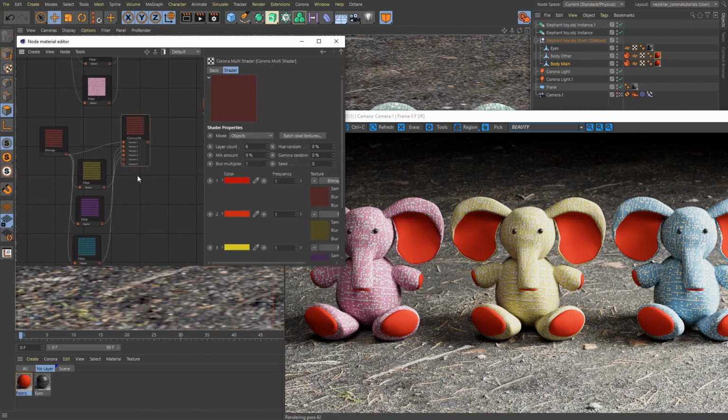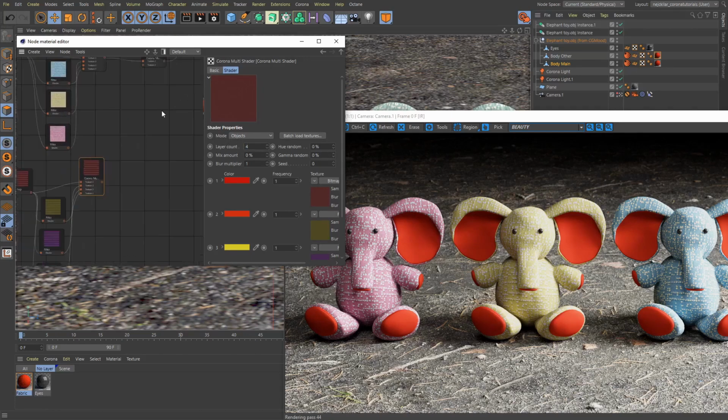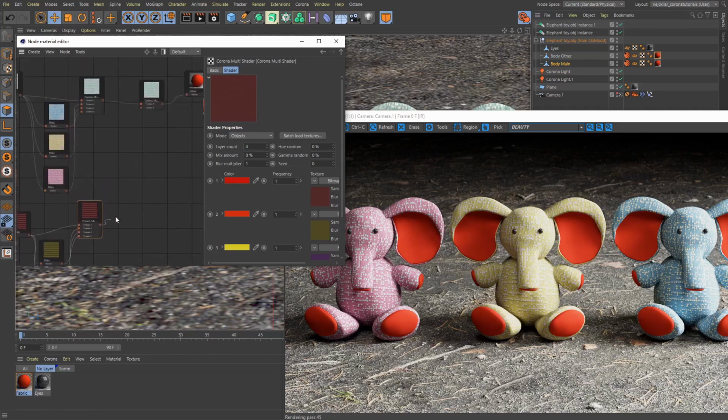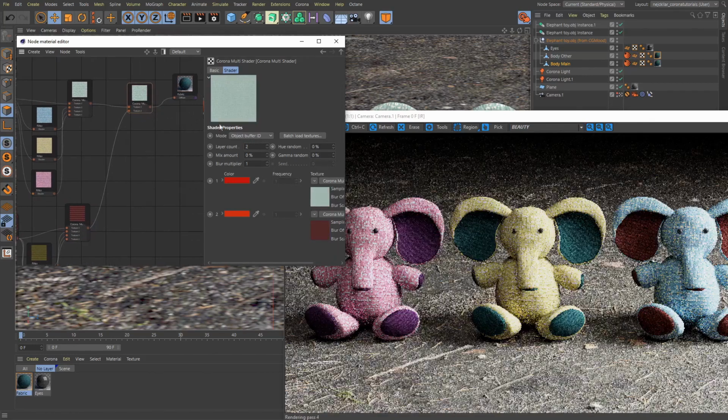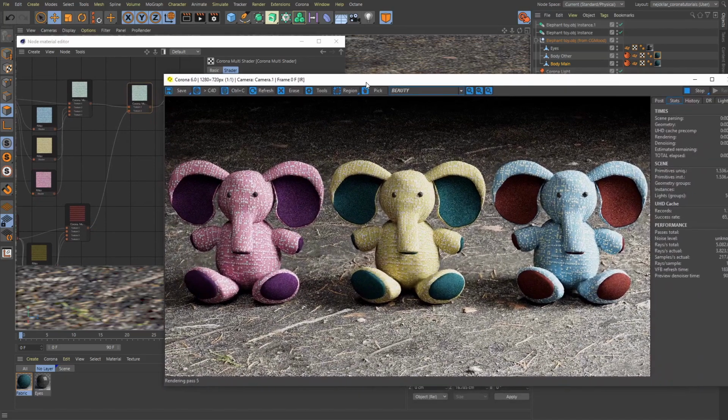So we have 4 textures. So let's make sure that the layer count is set to 4. Let's make sure that the mode is indeed set to objects mode. And now we just need to plug this guy into our second texture slot in our object buffer multi-shader here. And voila, ladies and gentlemen, students and masters, this is how you can use the multi-shader to kind